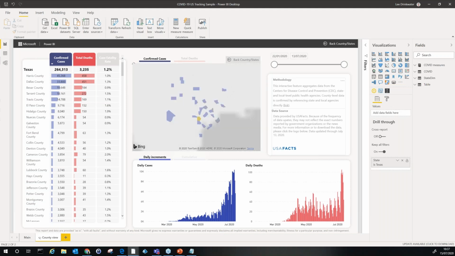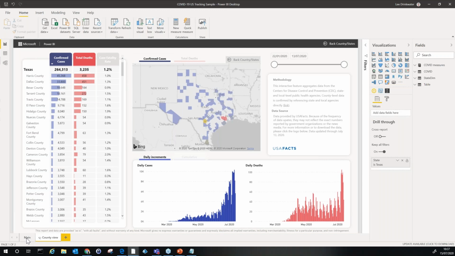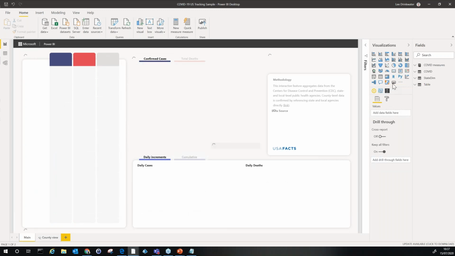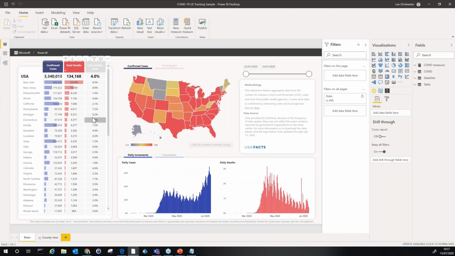Now this is showing the entire data set, but if I want to apply my own filters, if I go back to the main page, as the author of this, it allows me the power to do that. This is the entire data set, but if I chose to do a different filter, let's expand the filter. At the moment it's set to show all states, but if I wanted to limit that to just Florida, for example,